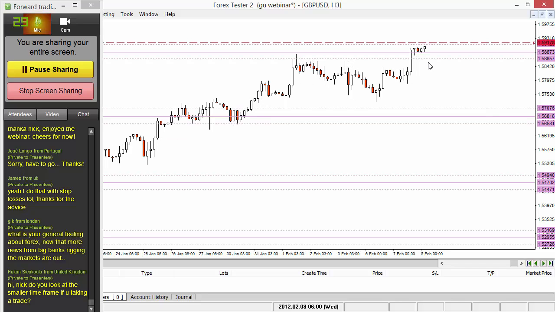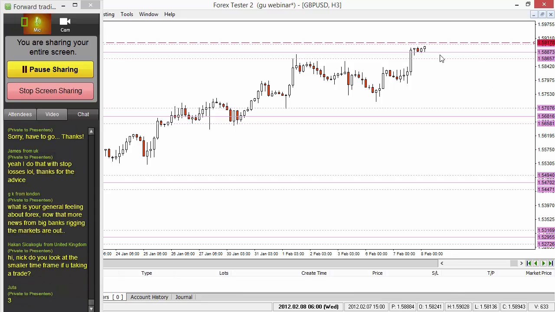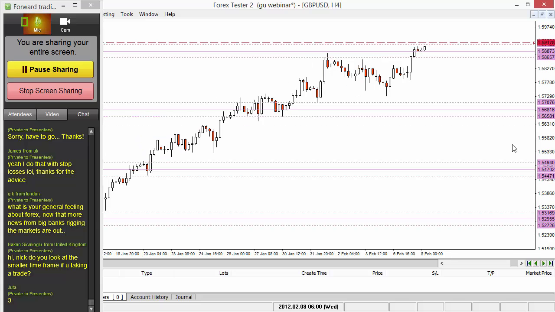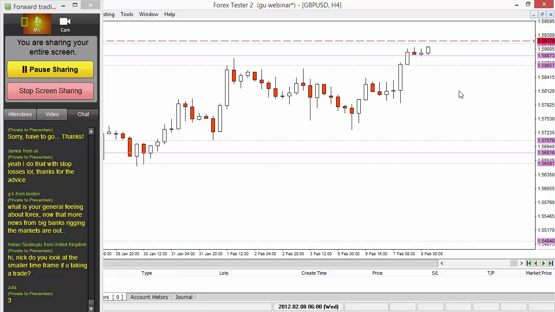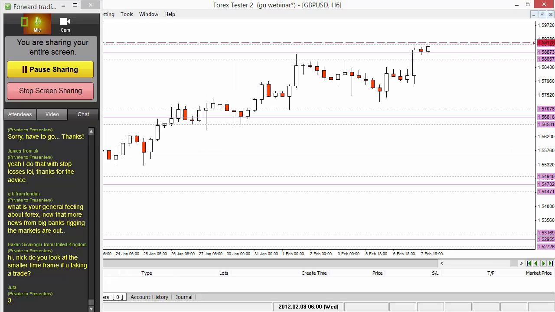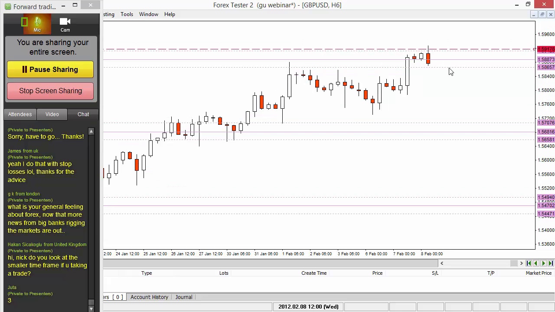So price is stalling here, but I realize you haven't got any solid indecision here. This time frame is too low. So I'll switch around the time frames to try and look for some clear signs that sellers are taking control of price. And here it's starting to look good. This is the 4 hour chart. I might be willing to take a trade here, but still not looking that good. So pop up to the 6 hour. All right, 6 hour, that looks a lot better. So I might stick,